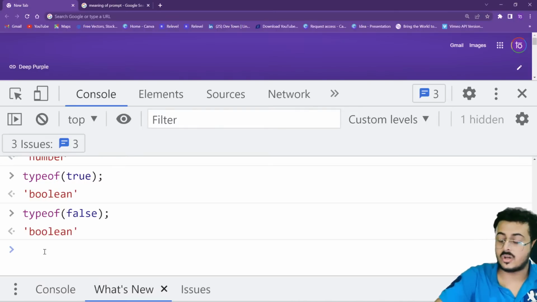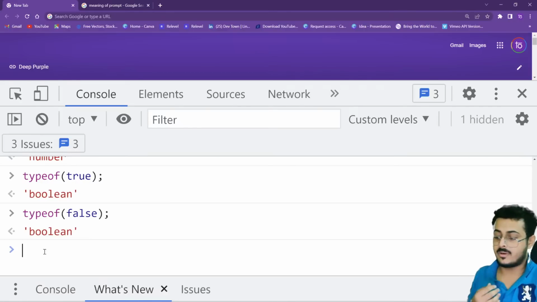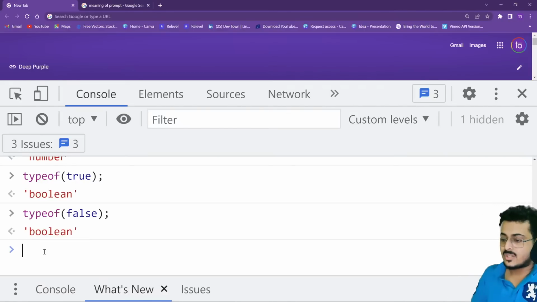Sir, how do I get the console in Android? On Android, you won't be able to get the console. So Novesh, you will have to wait for at least till tomorrow. From day 3, you will be able to do all the coding on your mobile phone. For day 1 and day 2, it won't be possible because you won't be able to open the console on your Android device. I hope that is something I've answered for you guys.